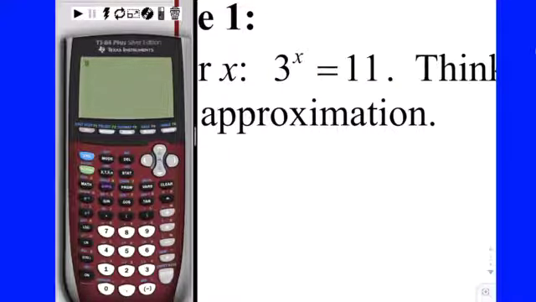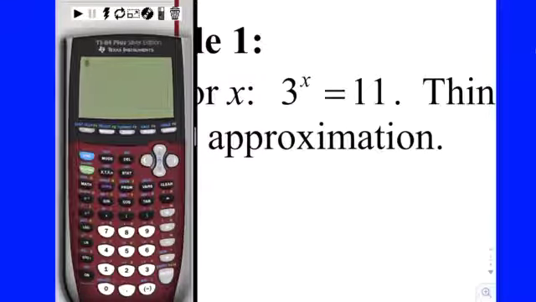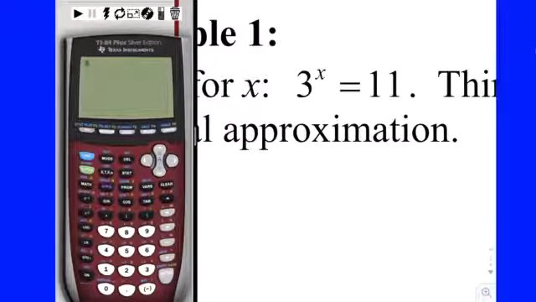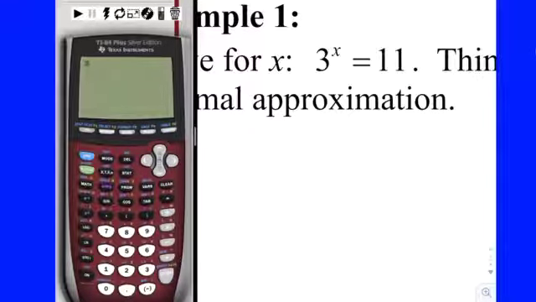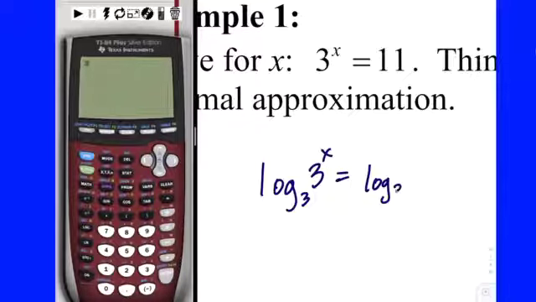So when you have an exponential equation and it's not something where you can get the bases the same, like we can't write 11 as a power of 3 very easily, we need to undo the exponentiation by inversing it with the log. So we can write it like this. We'd have log base, what base would y'all use? 3? Yeah, 3 would be fine, right? Because it's exponentiation base 3. So you take log base 3 of both sides, and this is what it looks like. It has to go in the front,